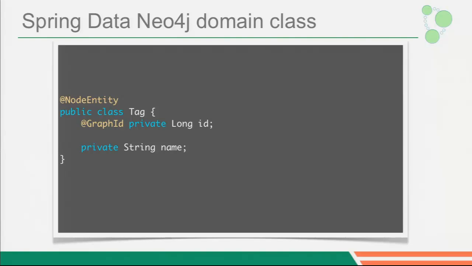So I just annotate the tag with NodeEntity, and provide a place for Spring Data Neo4j to store the internal node ID that Emil mentioned. And I just put a name field in there, and the library already knows that it can store the name just as a property in the graph as well. And we can easily add other sensible meta information as well. So for instance, when we want to be able to look up this tag by its name, then we say that's an index property. And actually, I want it to be unique. So that takes care of the uniqueness question from before.